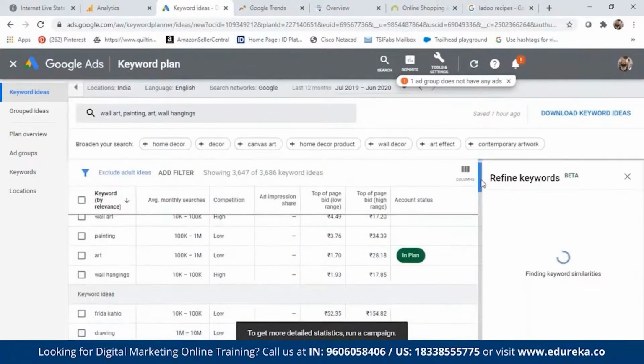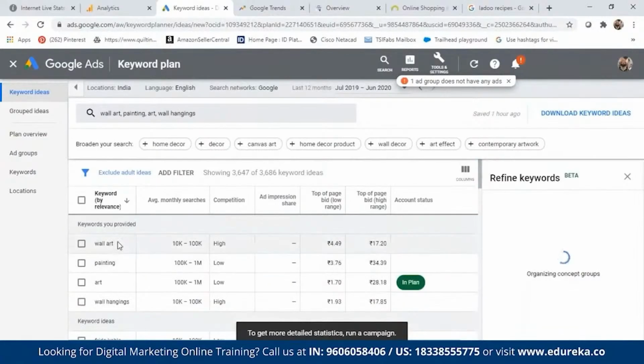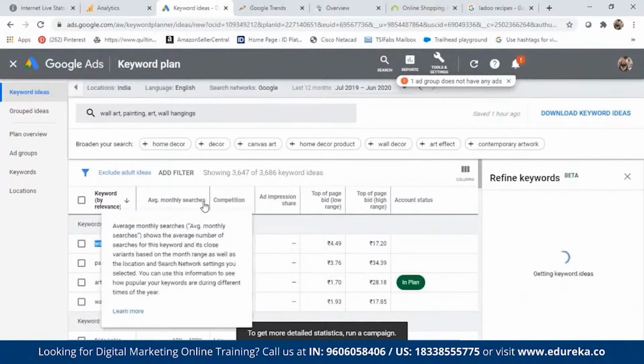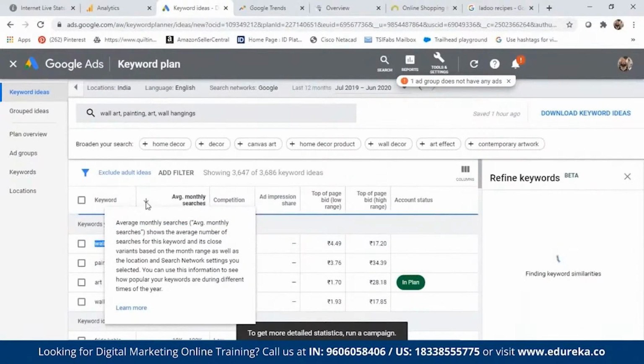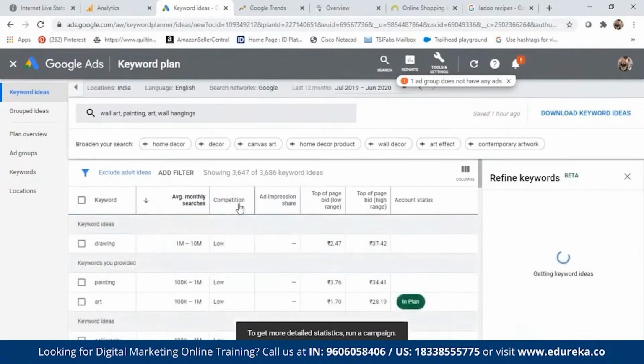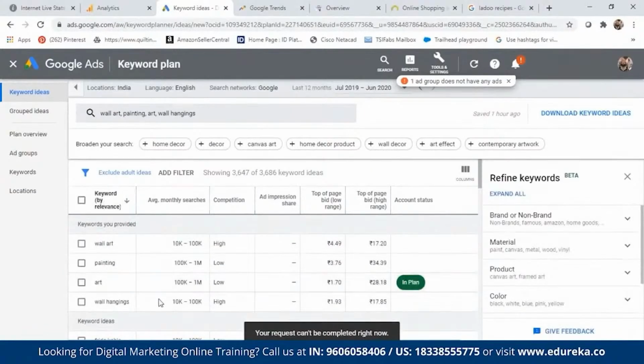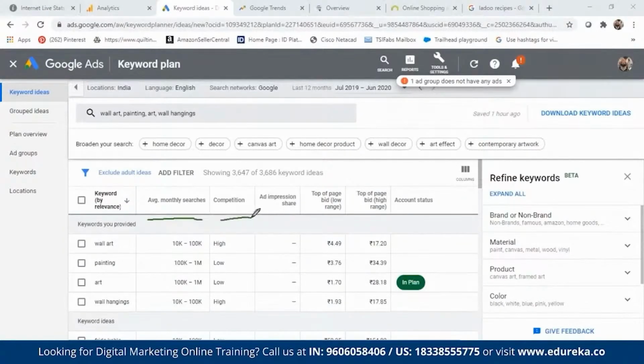Now, as you can see, I have got all these keywords here. I also have the average monthly searches. And it also tells me how the competition fares. So these were our keywords, and we see the monthly searches and we also see competition.